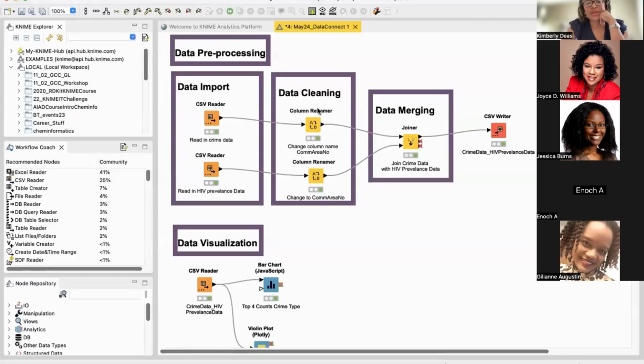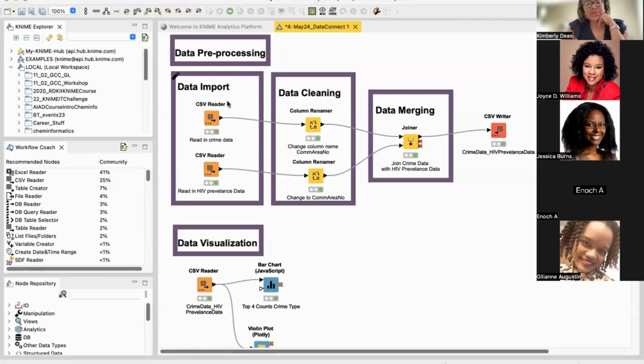Now that we've looked at our data, I'm going to go through the protocol of how we would import that into KNIME. When I was talking about it the other day, I mentioned that I like to section off the different functionalities that I'm using in KNIME, just as a matter of habit to keep track of everything that I'm doing here. There's a data pre-processing step, which I don't have included here because I did that in Excel already, right? So that's to Jessica's point.